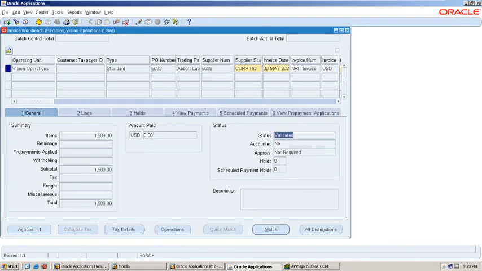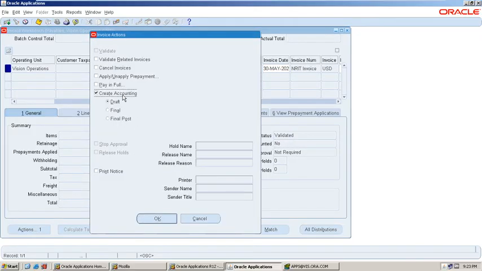Here you will see the status of the invoice is validated successfully. Now we will account the invoice, create accounting, and then select final post.